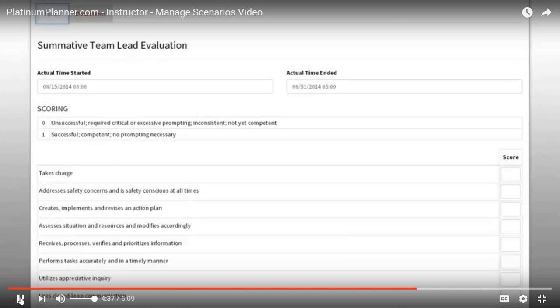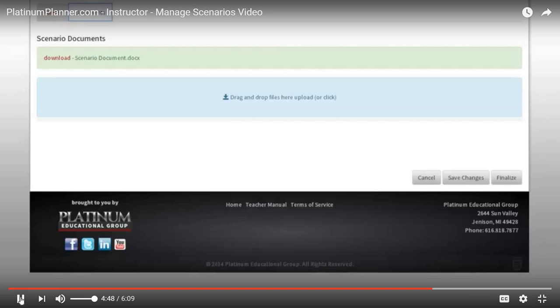The Forms tab will contain the form you selected to fill out for your student. Go through each part of the form carefully and fill out the information regarding the scenario that your student performed. The Documents tab contains